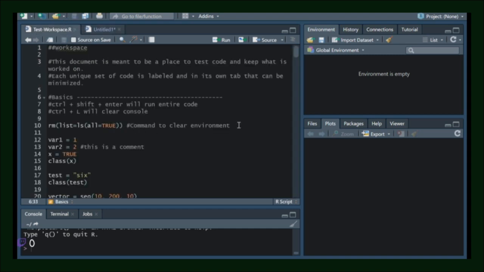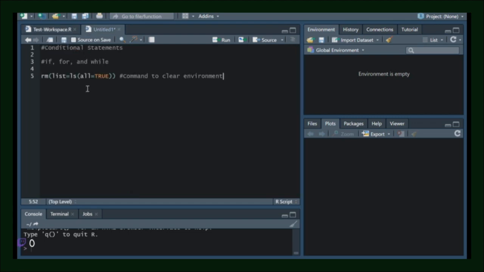And let's remember to have this clear environment command present, just so we can copy and paste it later. And then, let's do age equals 19. And for context, you can follow along on repl.it,